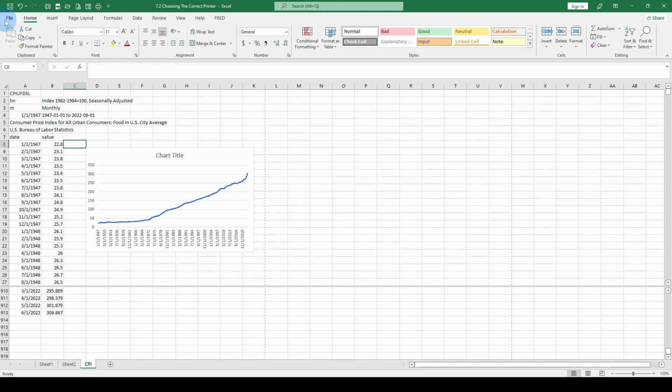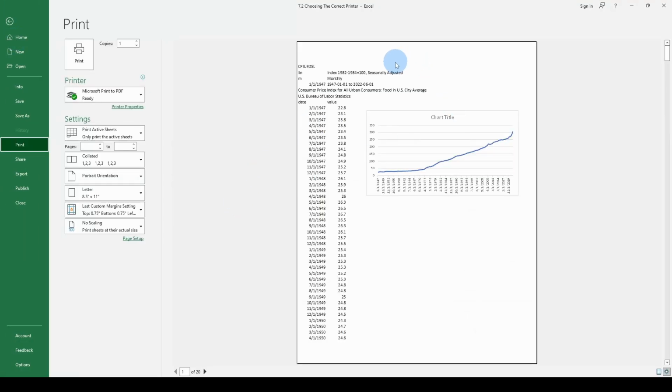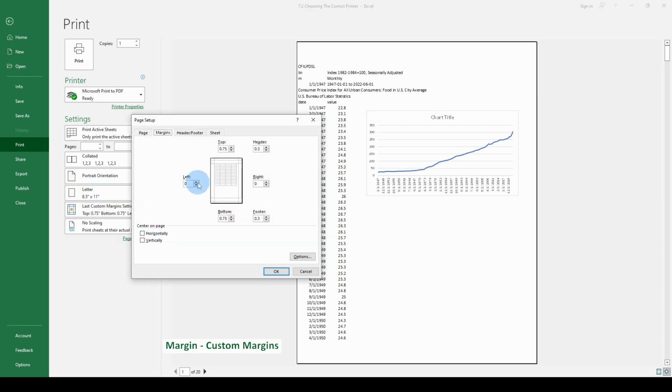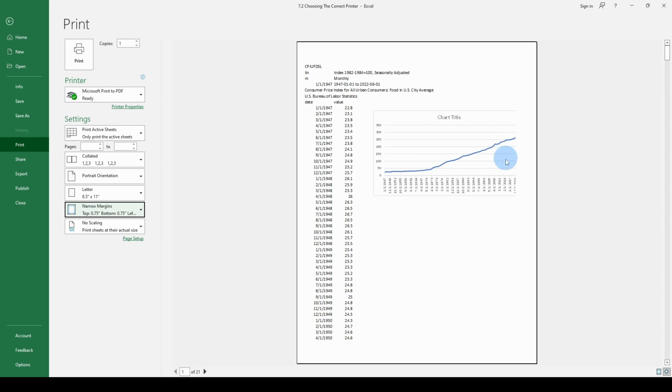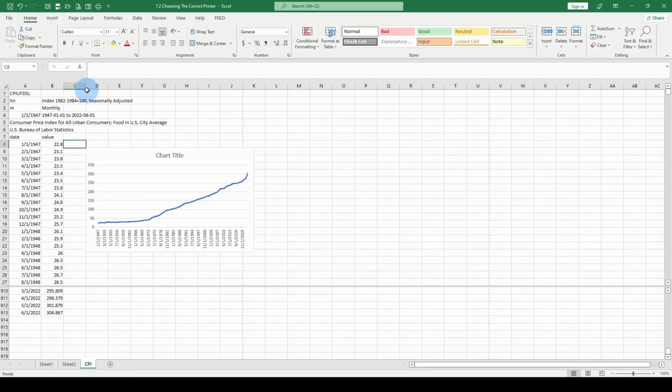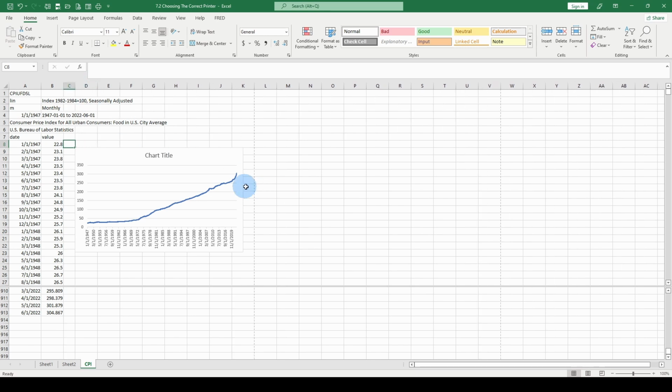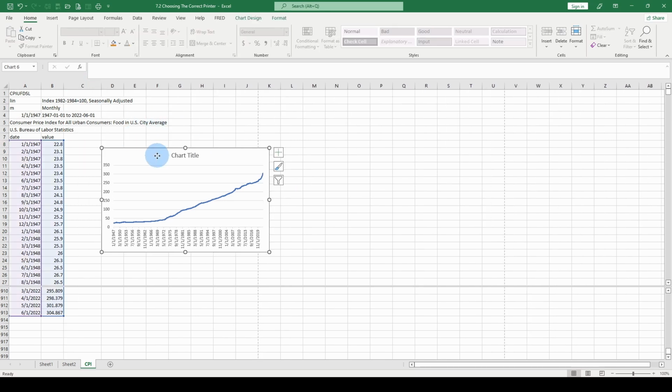And so now if we go to File, Print, we're going to be able to print this information. Now, if you want to readjust your margins a bit, go back to Margins, go to Custom Margins, and extend this maybe a quarter, and you can see we ran into a problem again. The third option is to go in. We can narrow this column C and shrink it so it fits,